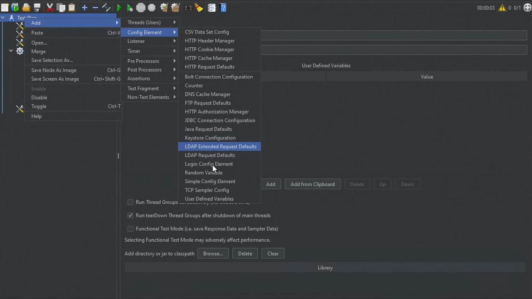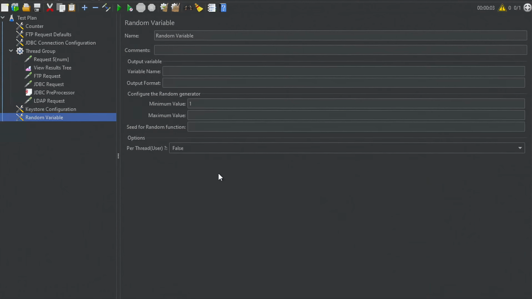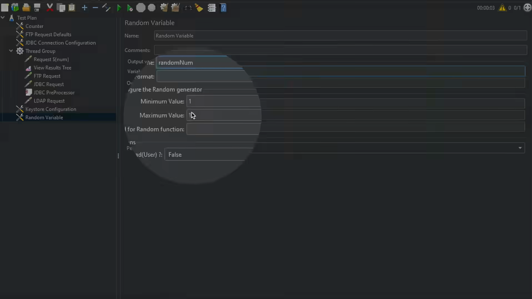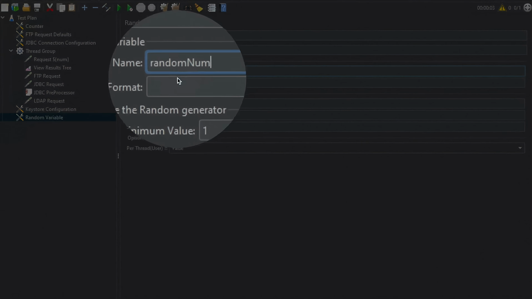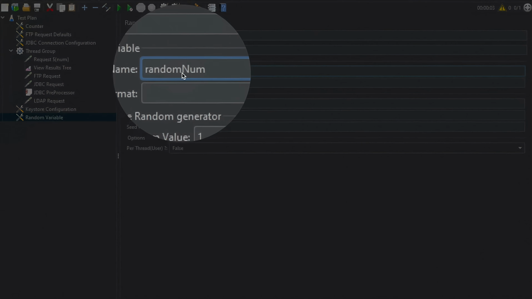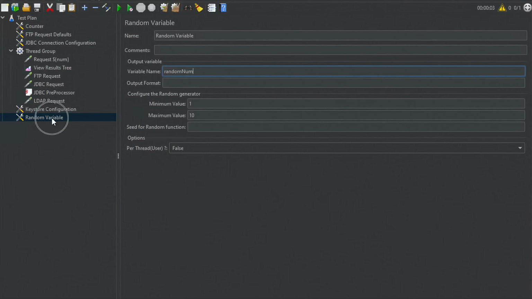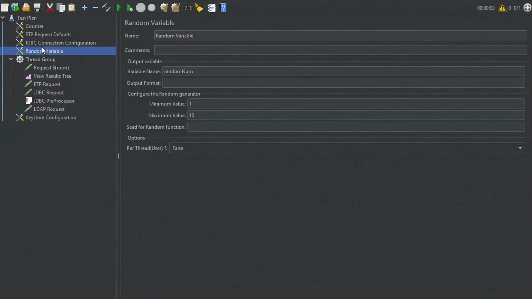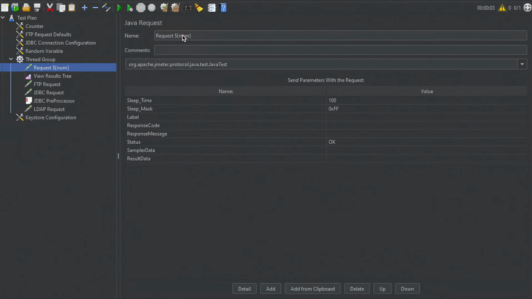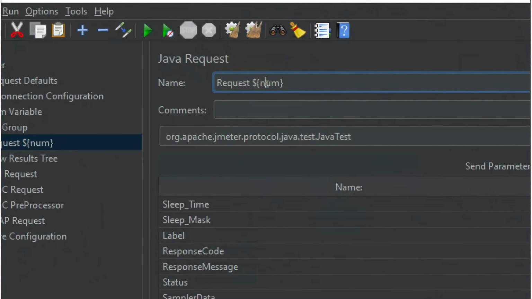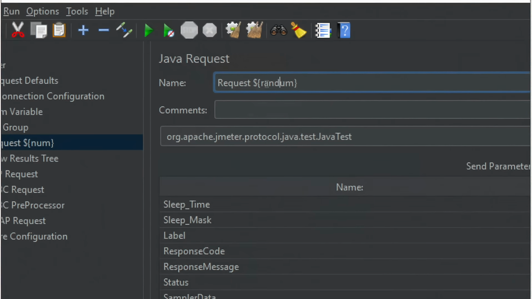Now we have a random variable here. So let us say in case you want to get a random value, I will say I want a random value from 1 to 10, and the variable I want to use is, here I will say random num. So I'm saying I want a random value from 1 to 10 and the variable name I want to use is random num. Now I will take this up, and in my Java request, instead of num I will say random num,